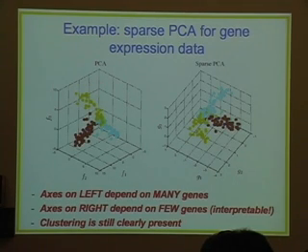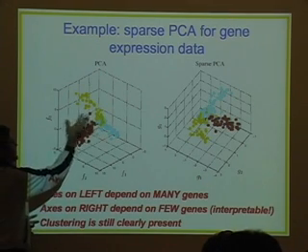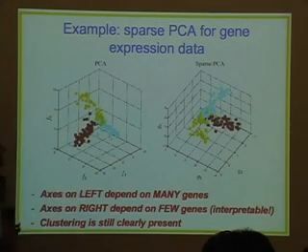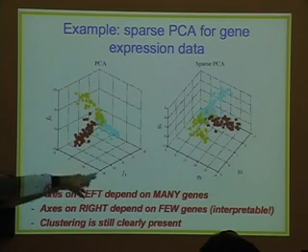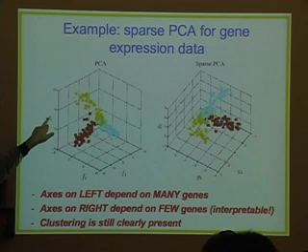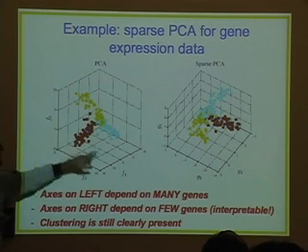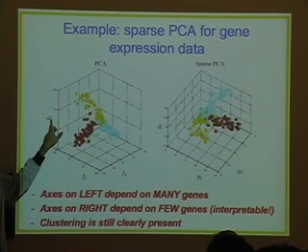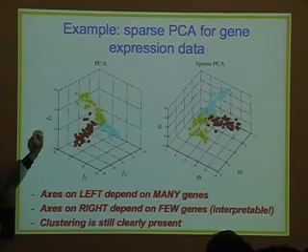Now, to visualize data, what we could do is just principal component analysis and plot the data that we have in a space which is based on the first 3 principal components, which is what we do here. The problem is that these 3 principal components need all the genes to be measured because each of them is a linear combination of every single one of the 8,000 genes, okay?